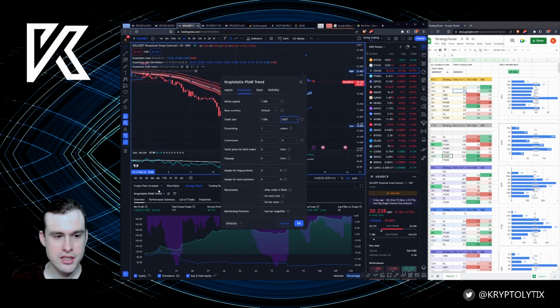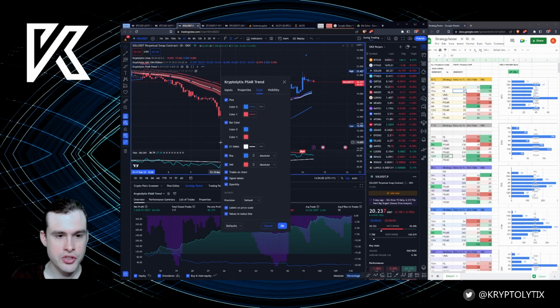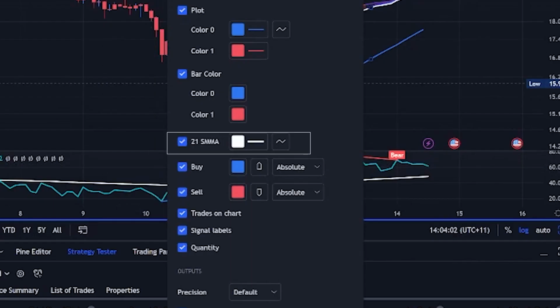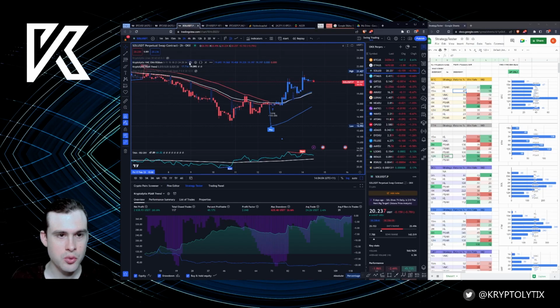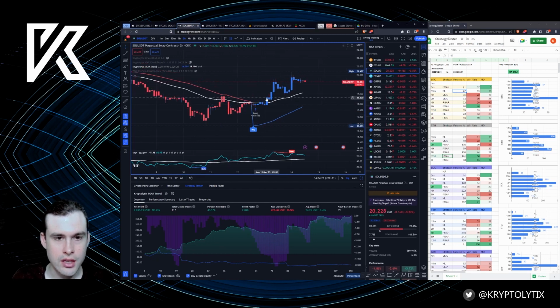So this is just properties. Each one of them has this, but I'm just going to set it to this for all of the indicators. And I've just got my PSAR here, which also has a 21 smooth moving average. So if you so wish, on the breakout, you can put your orders above or below, depending on which direction you're in. If you're going long and the signal flip is here, then you can just put your,